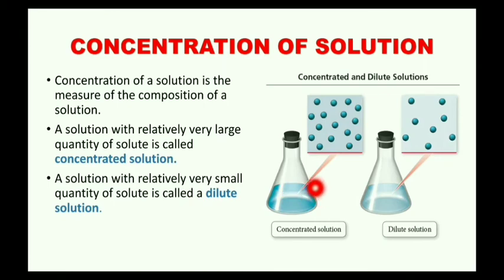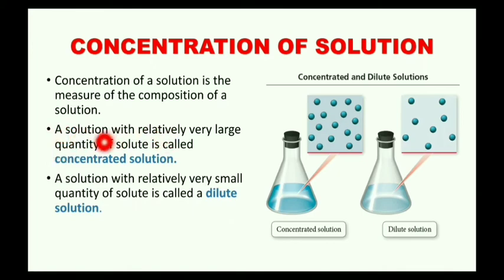But when we are adding 10 drops of a solute into the solution, we can say the given solution is concentrated. So actually concentration of a solution is of two types, where we can classify the solutions as dilute solution and concentrated solution depending upon the amount of solute that is added. Okay, so concentration of a solution is the composition of the solution. It's a measure of composition of the solution. So we can classify concentration of the solution as two types, that is concentrated solutions and dilute solutions.